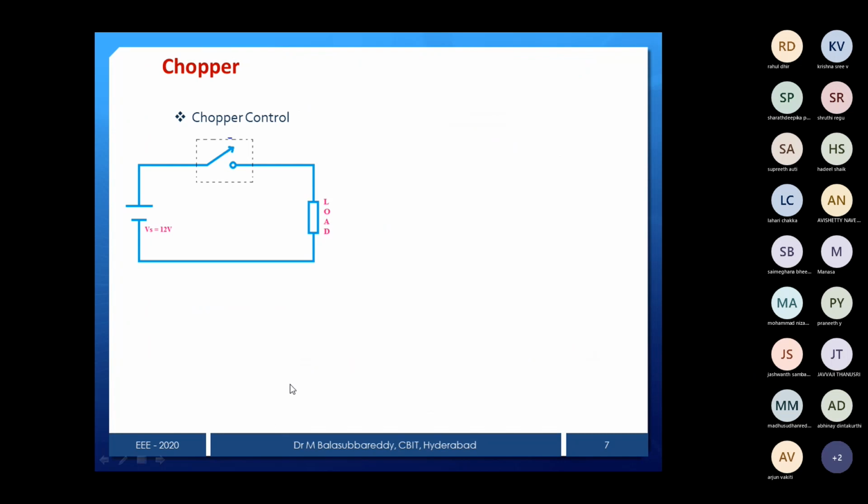So this is the simple circuit. You can notice whenever your firing pulse is there, then automatically the chopper will be on, or the switch will be closed, and with no firing pulse, that means if you remove the firing pulse, then the chopper will be off. That means if you are removing the pulse, within the dotted line there are forced commutation elements like L and C that will act